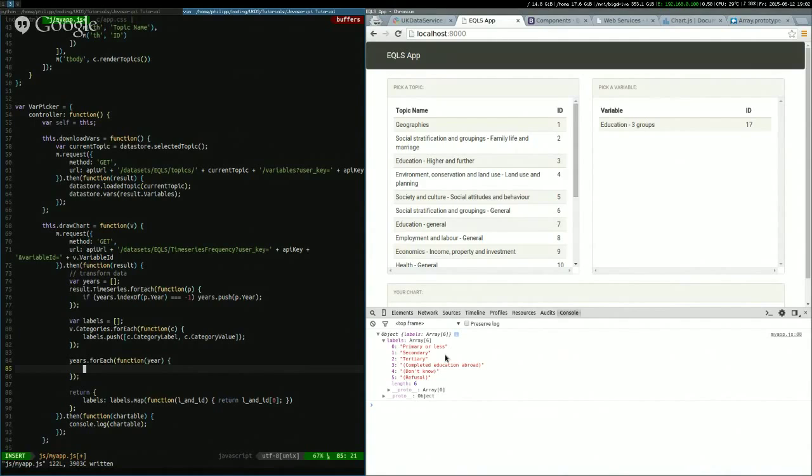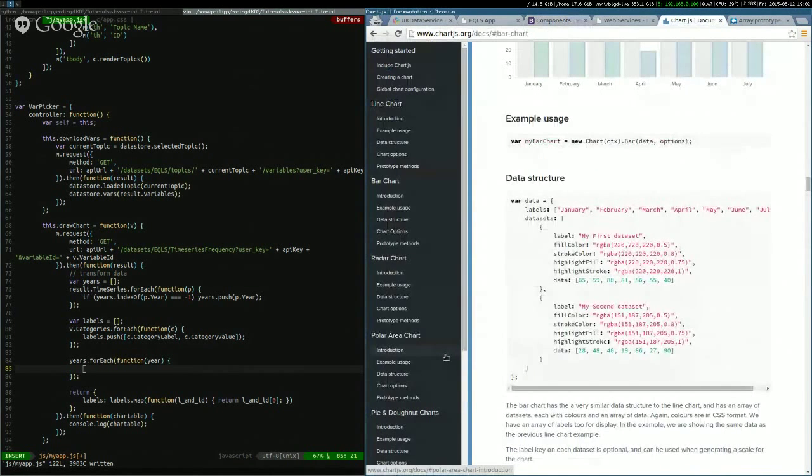So for each year, if you've seen the Python code before, it's similar, only a lot shorter actually. Let's look what the chart needs. We have data sets that work with that year. Okay,